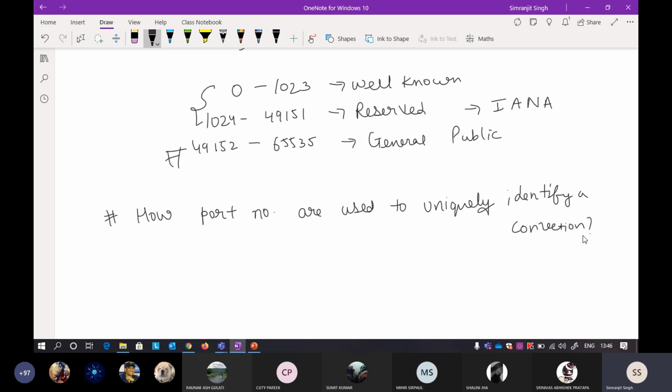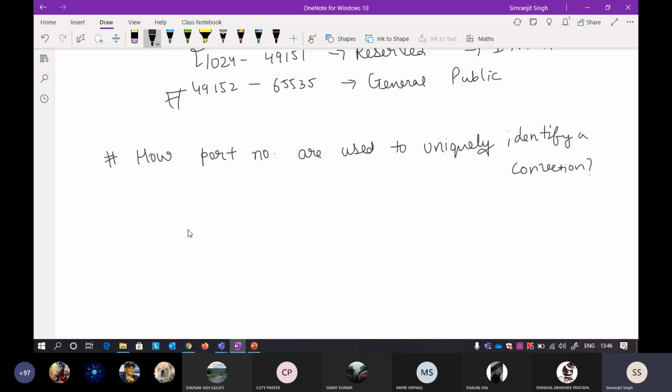Suppose I take a simple scenario where I am on this machine. In this machine there is a specific port, suppose the port is X. I don't want to give any number, so X will be from 49152 to 65535.